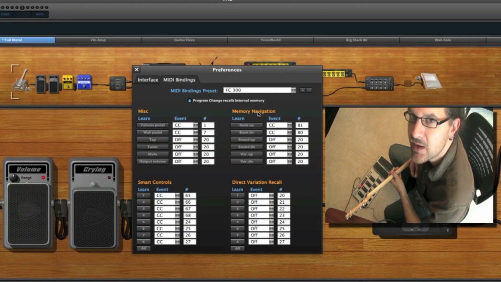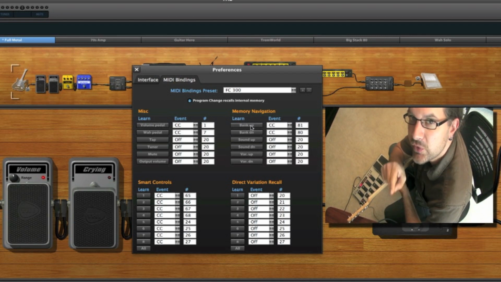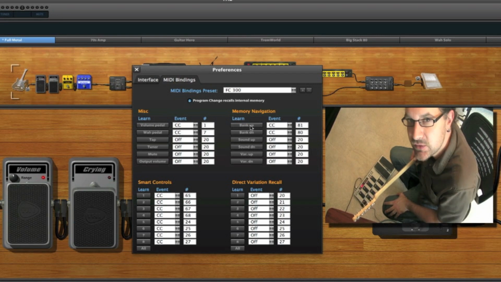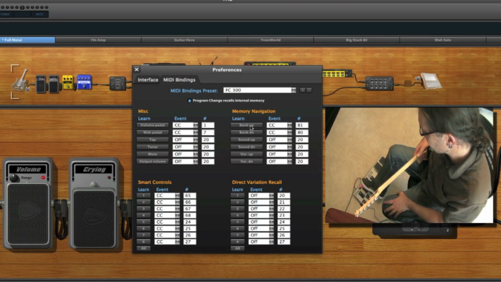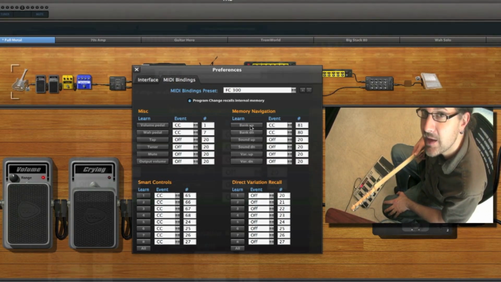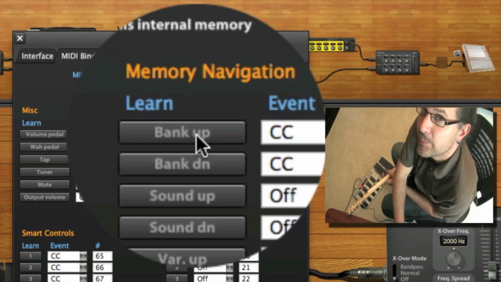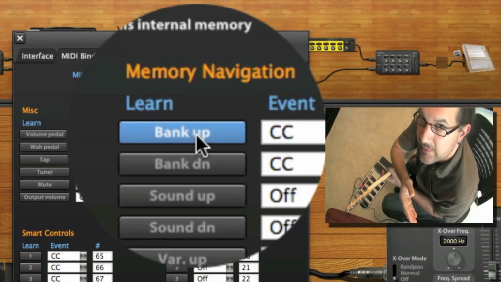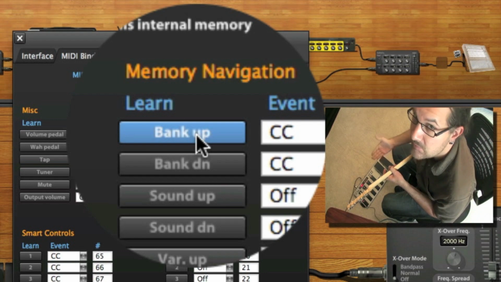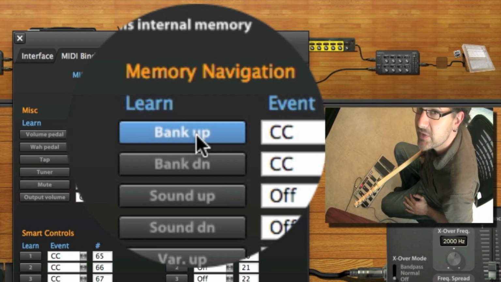Let's now teach the software how to navigate from patch to patch. For this, we're going to use the memory navigation options. Let's, for example, assign these two buttons on our controller to the bank navigation. I'm going to click on bank up. The button is blue, meaning that it's waiting for me to trigger the information. And as soon as I press the button,